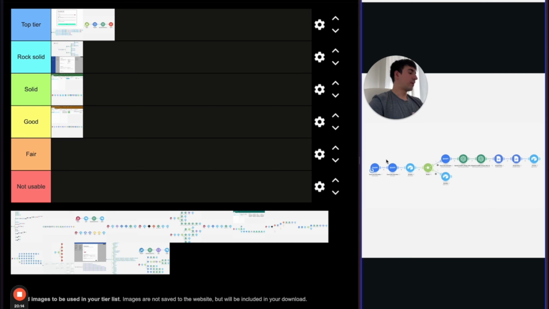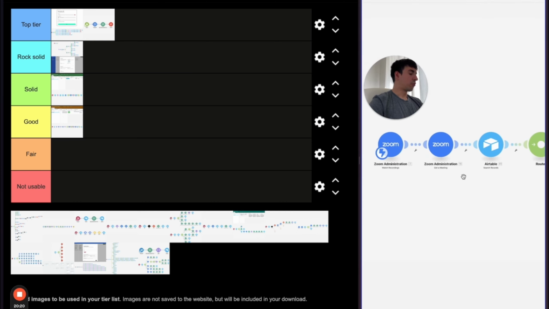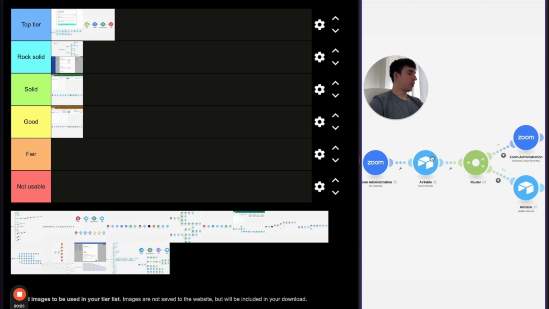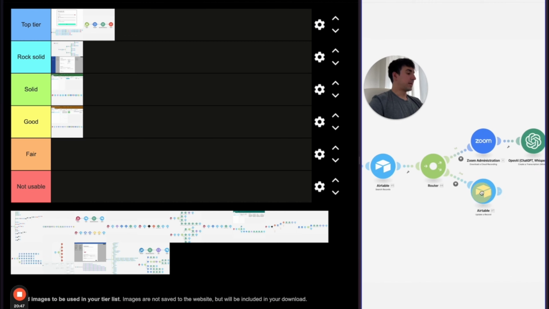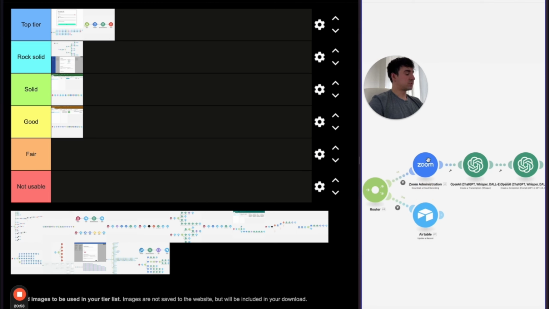And it's going to summarize those recordings into a document, okay? So the automation works in the following way. When there is a new recording, then we're going to get that meeting. Then we're going to search the record in Airtable because all the links of our meetings are stored in Airtable. Then depending on the type of meeting, we're going to update the record with just the play link of the meeting. Or if it is a meeting that is interesting for us, for example, a sales call or a discovery call or something like that,